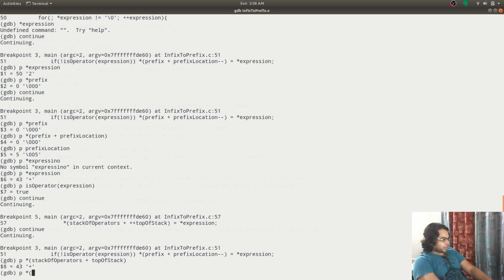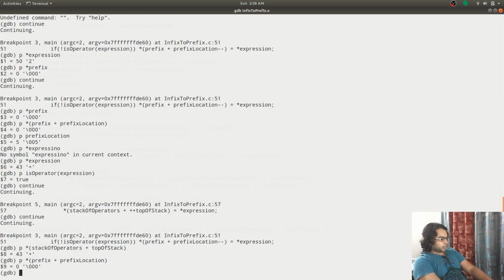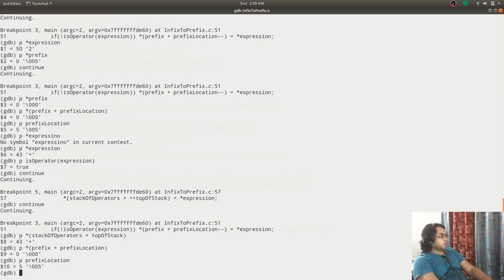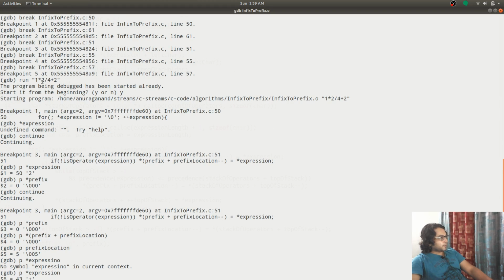P has this value, and prefix location is equal to 0. We have some problem with storing value in the prefix. What is the prefix location? 5. So it was 6, and what was the value we started with? 3, 4, 5, 6, 7.